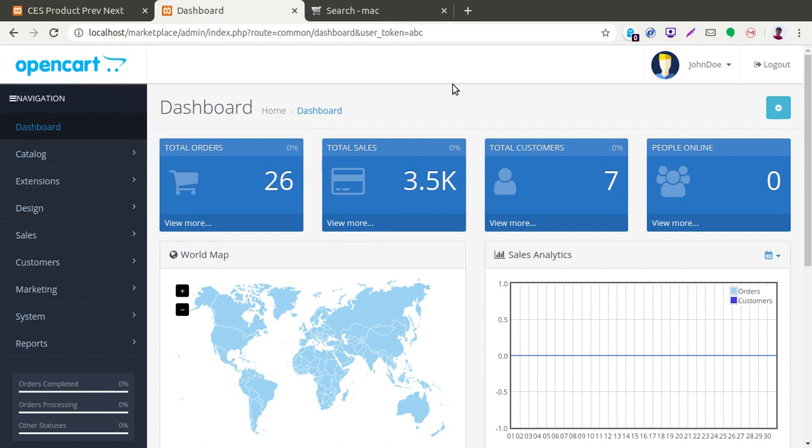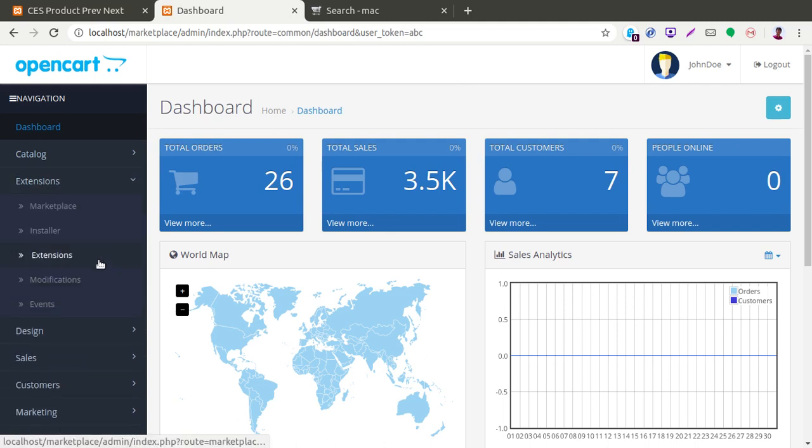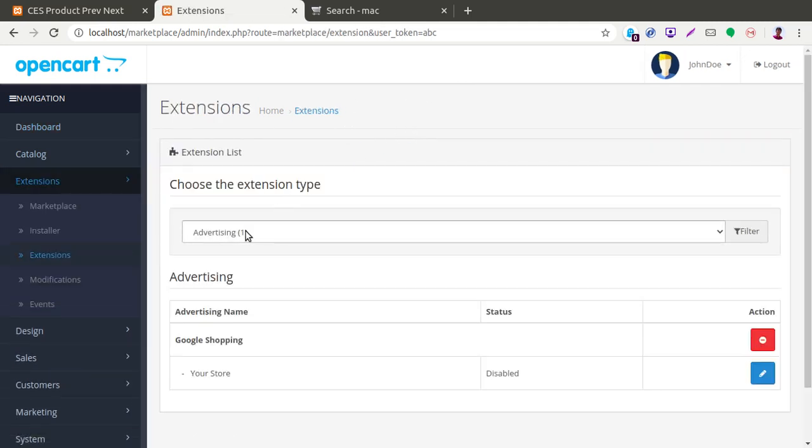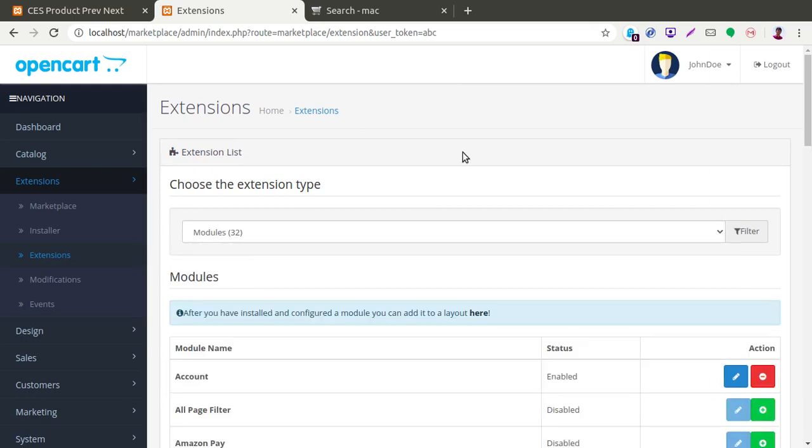So let's begin with our module installation process. This is not the first module that we are implementing, so most of the customers know how to install the module. If you don't know how to install an OpenCart module, you can check our other video. The link is given in the description below.